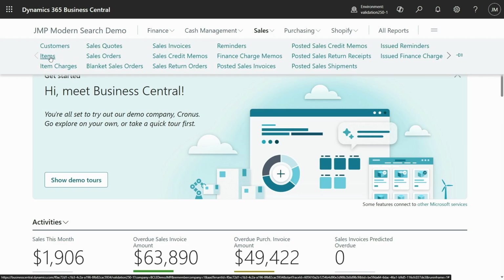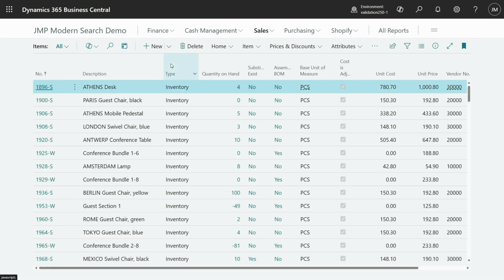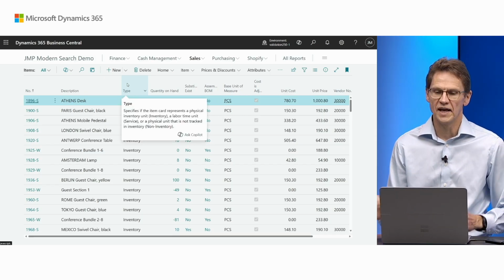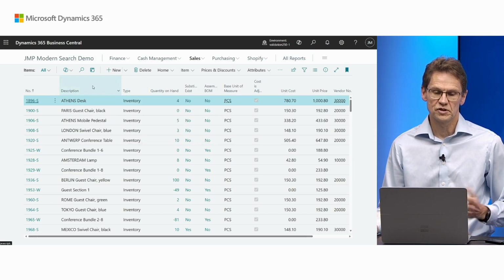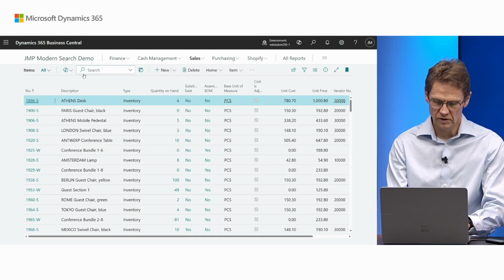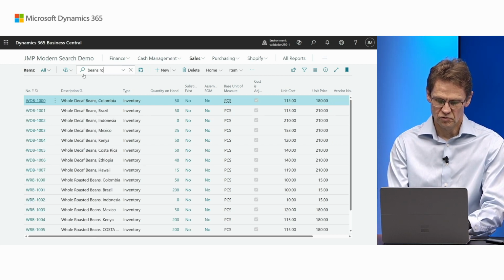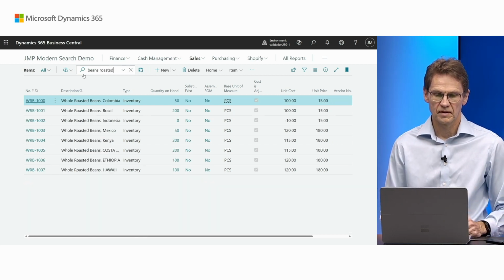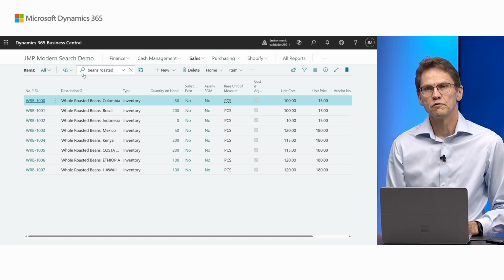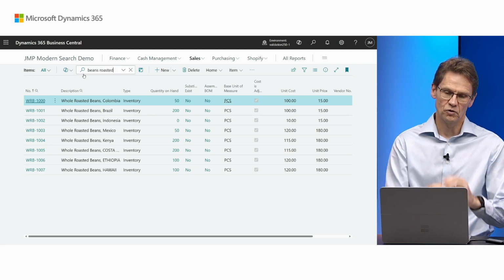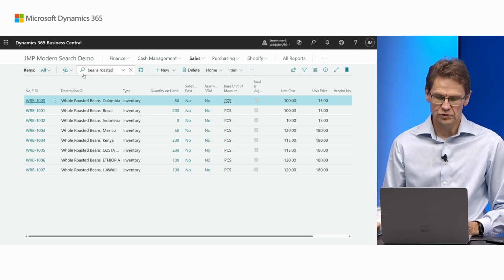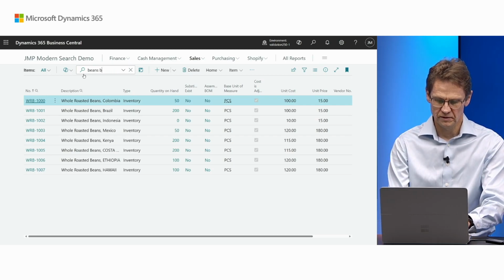So if I go to Items, and in this case, I have filled up the database with 500,000 random items to actually see the performance difference between the two. So if I look for beans roasted, notice the speed, and also note that the ordering of words doesn't matter. So now it has found all the whole roasted beans or Colombia. Now, if I want to find for Brazil,